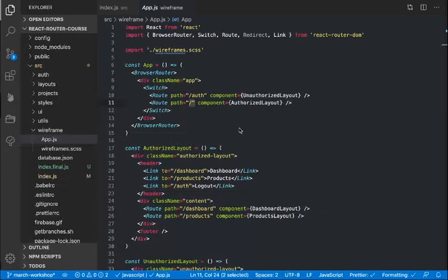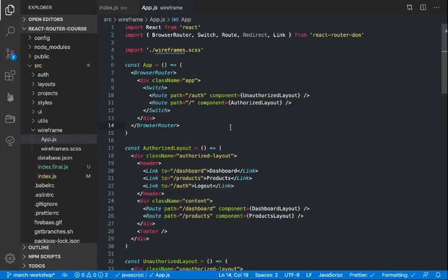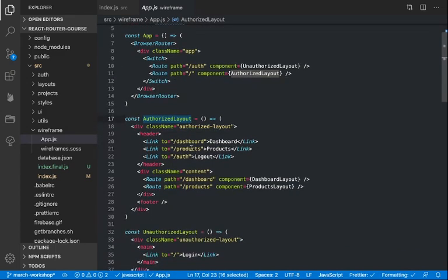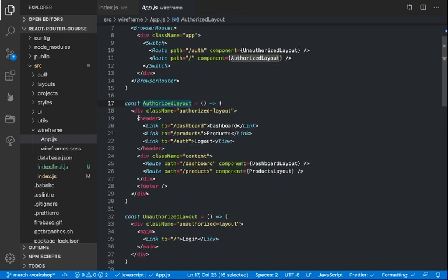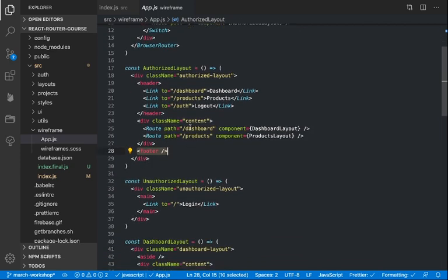Okay, so that's what we're going to be looking at now. We've got this authorized layout. Let's go and take a look at it. The authorized layout is the thing that has the header with the dashboard, products, login, and then it's got the section in the middle, and then the footer. The section in the middle is saying, hey, if we are at /dashboard, then render the dashboard layout. Otherwise, render the